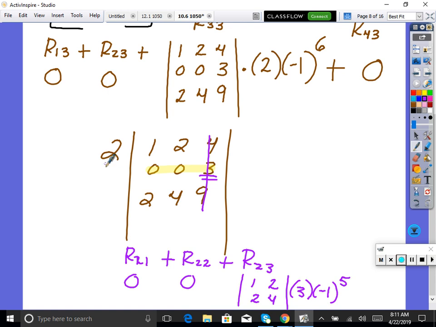Now I've ignored the 2 so far. We can't forget, and our answer needs to be multiplied by 2. So we'll do that in just a second. So now we have